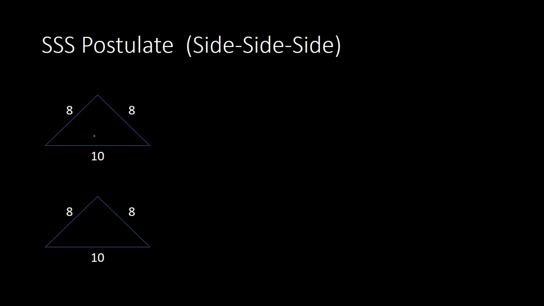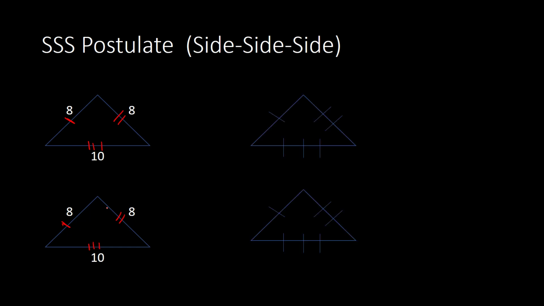Here's example 1. We see that we have this length of 8 that is congruent to this length of 8. This length of 8 is the same as this length over here, and then the bottom is the same as this bottom. So because we have three sides that are congruent to the other three sides of the triangle, we can conclude that we have congruent triangles. And instead of writing numbers, you could just put the lines in them. So no numbers included, you could just put the lines to show that we have congruent sides,